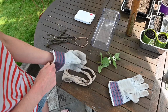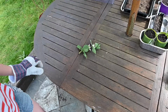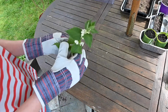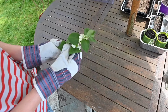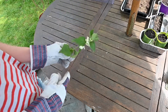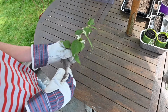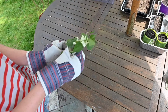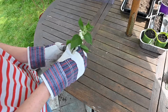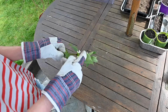and you will need access to some stinging nettles, which is basically the food plant of the small tortoiseshell caterpillar, hence the thick gloves, because these do sting. So stinging nettle is the food plant of the little tortoiseshell caterpillar. This is all they eat, so all they need. They get all their water and nutrition from the stinging nettle, so they don't need anything else to grow and develop. So it is really important that you have a fresh supply of these nearby, because they will need to be given fresh plant pretty much every day,